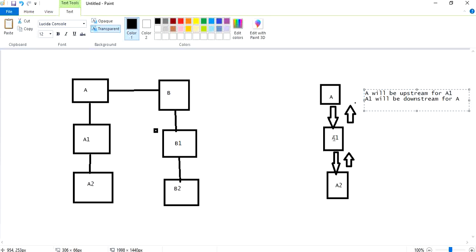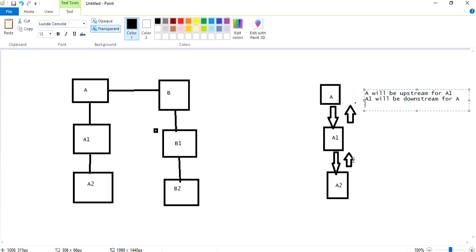A1 will be downstream for A and A will be upstream for A1. And next, A2 will be downstream for A1, and A1 will be upstream for A2. Like this, A, A1, A2 are interlinked.